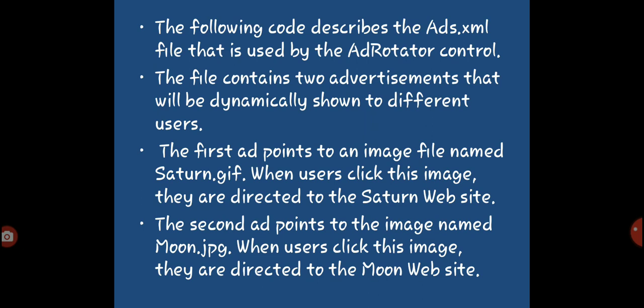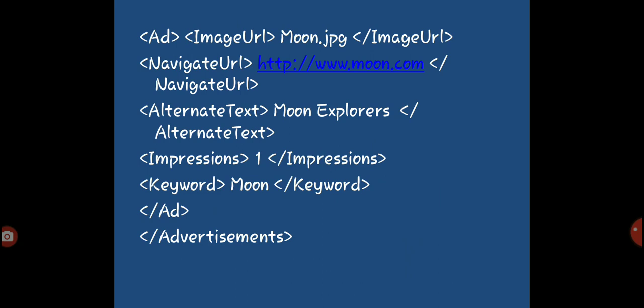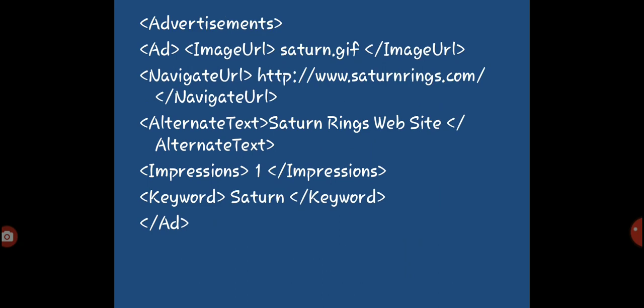Now we are going to see an XML file, namely ads.xml, where we are going to put two advertisements, and we'll see the coding of that. The container is advertisements. See the top, this advertisements, and it is closed here. I just moved to the next slide, in which the coding is starting.